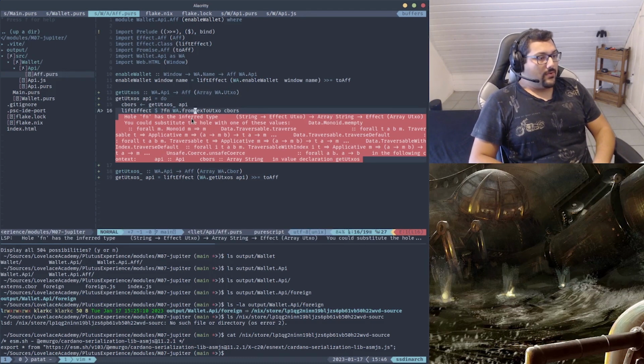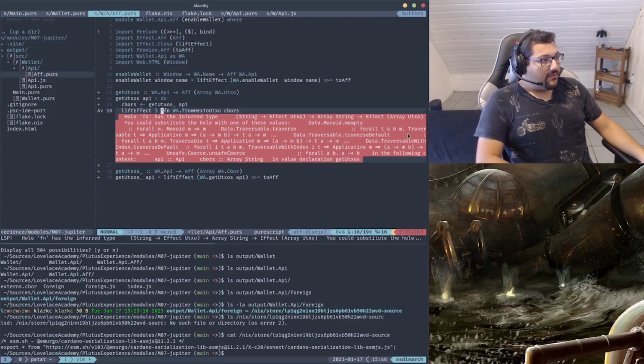So we have this fromHexToUtxO, and we need to apply that to each value in the CBORs. And the function we could use for that is right here. As you can see, we have Data.Traversable, which takes a function that takes each element of T